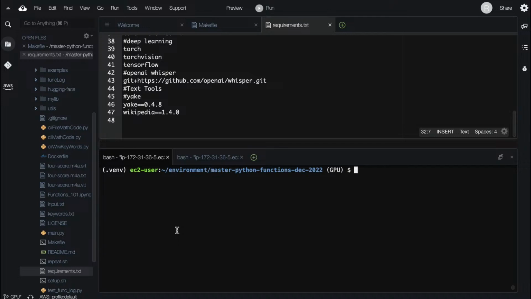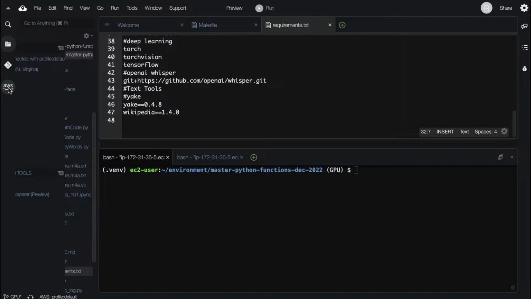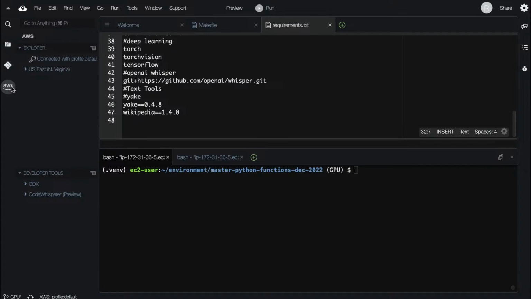Now let's take a quick tour of this cloud-based environment and show why it's so helpful for building out functions in Python. So one of the things we can do is go over here to AWS. If we select AWS, it actually has surprisingly a lot of little tools available. So one of them is this. See this right here, Code Whisperer. So it's essentially equivalent to AWS Copilot, although it's in preview. It's not fully baked out, so there could be some weird issues with Copilot. But we can use it there.